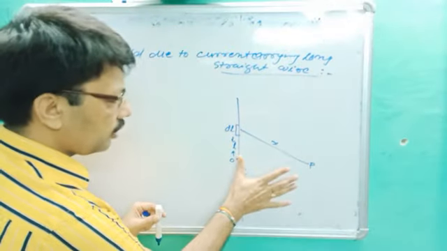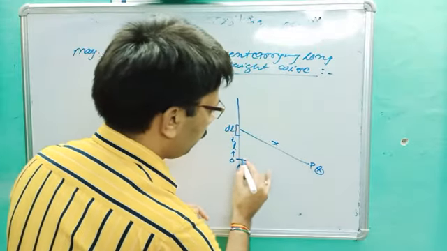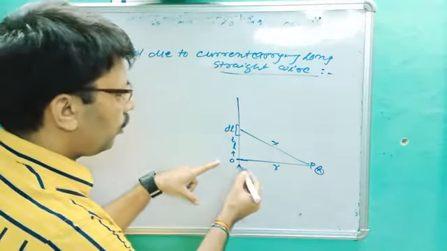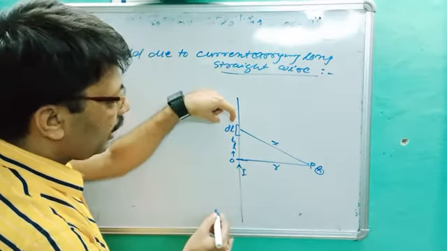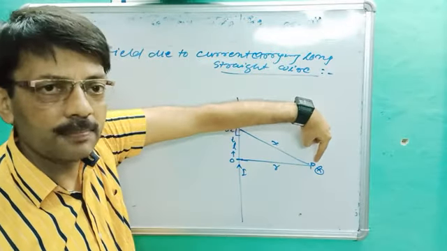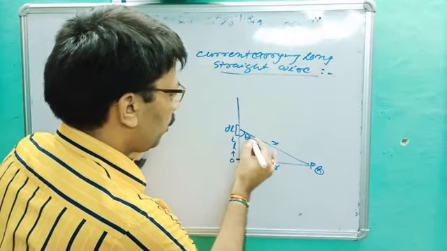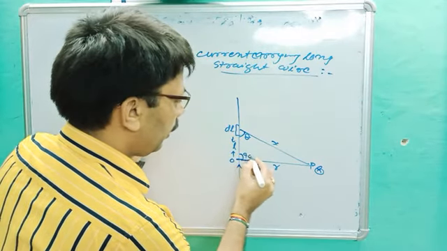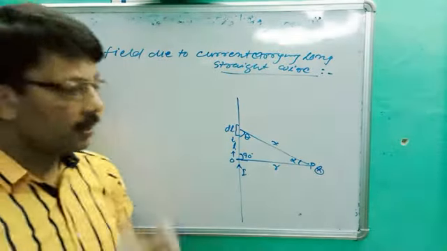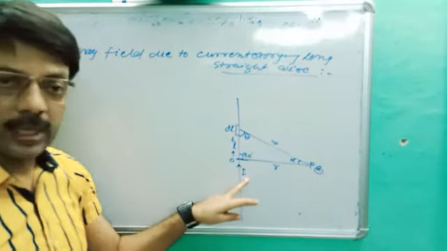From dl, a point P is at distance x, at which we are trying to find the magnetic field. Its direction is inward, and this distance is r. Are you getting that? From the midpoint O at distance L, a current element is dl. From dl at distance x, a point is P. Let us suppose this angle is theta. This angle will be 90 degrees and this angle is alpha. So this is the design of that long straight wire, with flowing current I.